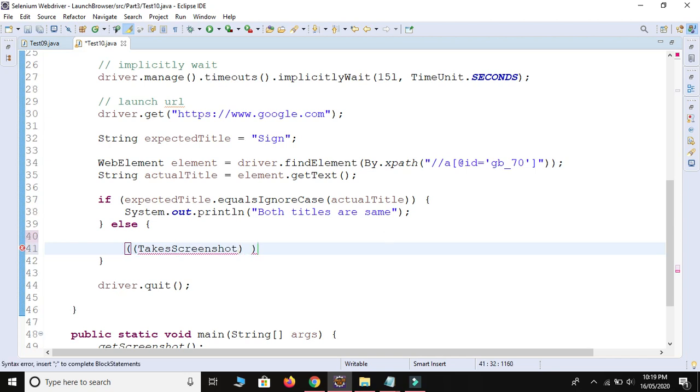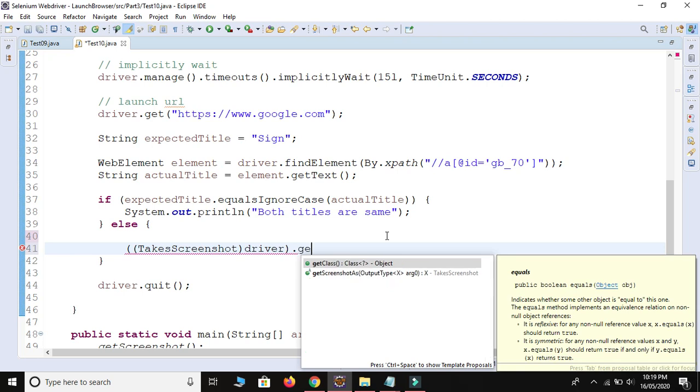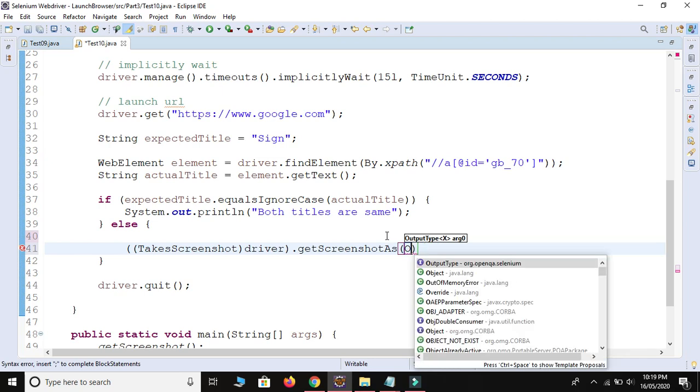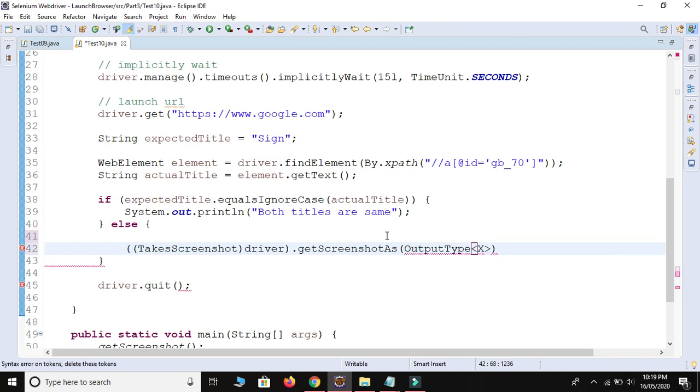Then we use driver dot get screenshot method is there. Get screenshot as, I will write output type dot file is there.